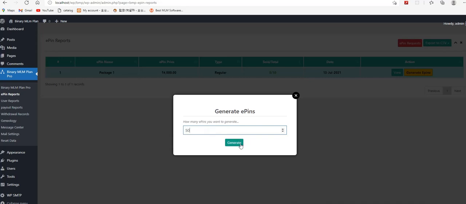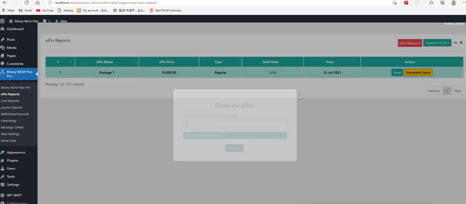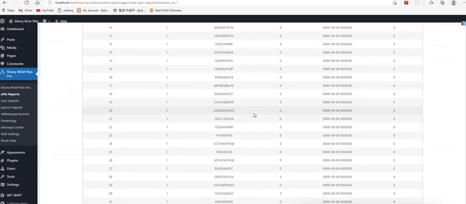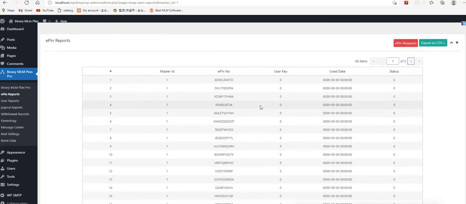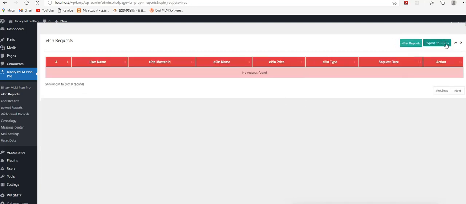I am putting 50 EPINs here. So the 50 EPINs have been generated, and here it is showing 60 EPINs. Every EPIN will be shown here, and this is the amount. About the EPIN request and the export functionality, I will explain something later.